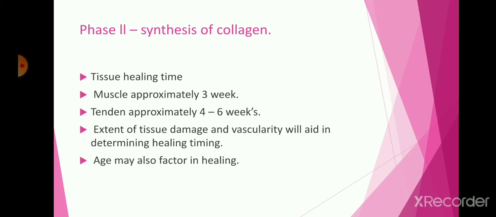So whatever injury occurs at the site of the body of an organism, the size of the injury is also responsible for the formation of this tissue or synthesis of collagen. So it depends on the injury of the organism to form the new tissue at the injury site, and also the healing of tissue depends on the age of the organism.